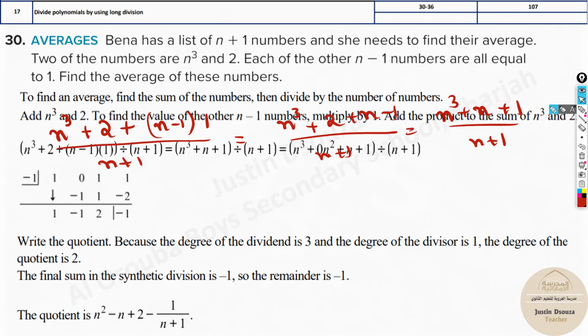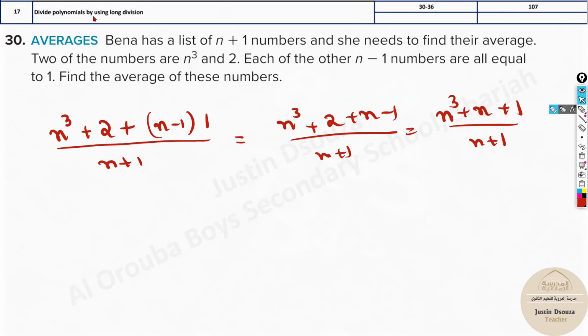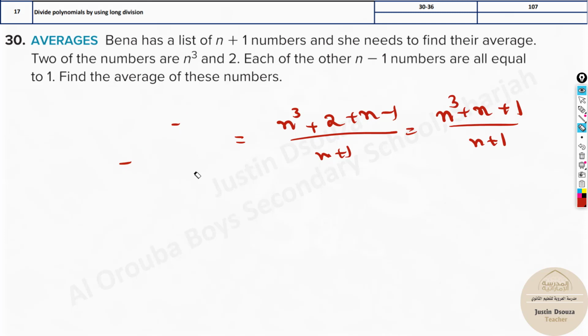That is the average, right? If you divide these both, you get the average. This is the answer. But how exactly you do it, I will talk about synthetic division in question number 18. So I will do long division over here because they mentioned long division. So what we do is, this dividend, we write it inside. I will just erase the left side. I hope this is clear. So now I'll erase all this over here, and you're remaining with